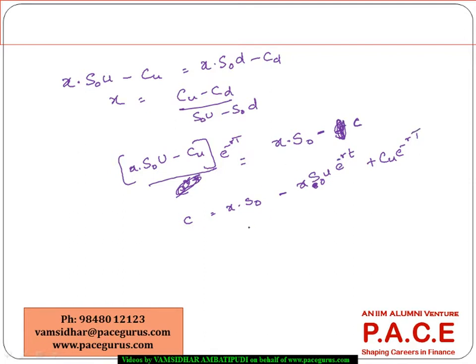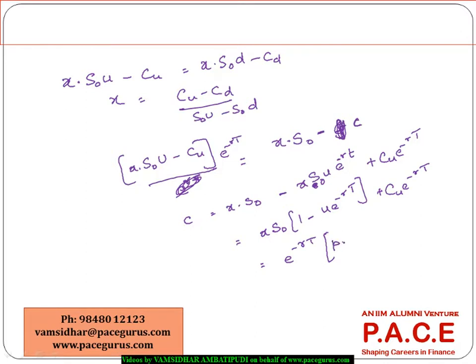So based on this, I could have simplified it: X S naught equals 1 minus U e power minus RT plus Cu e power minus RT. I could simplify it like this. So now I am taking out e power minus RT completely, and I am rearranging the terms in such a way that